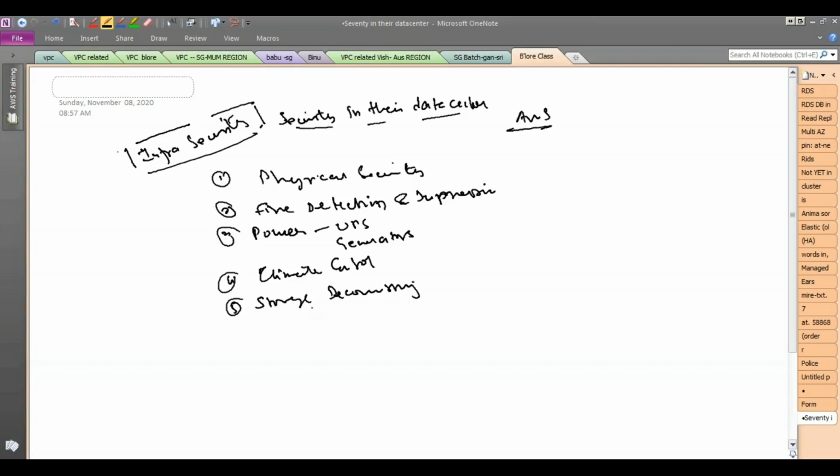So to prevent the data from being accessed by whoever they are scrapping it to or whatever, they take care of that process, either full format or low level format or physically destroying the drive. So this also AWS takes care of, right? Apart from that, we saw what is a region, what is an availability zone, right? All these